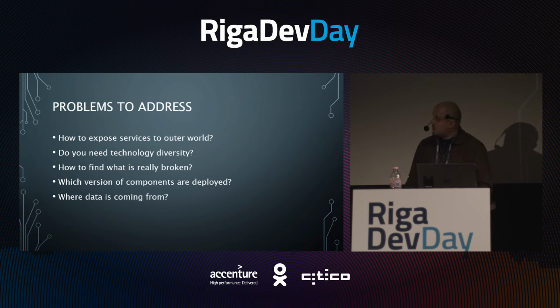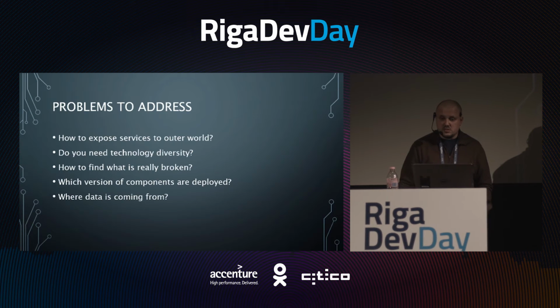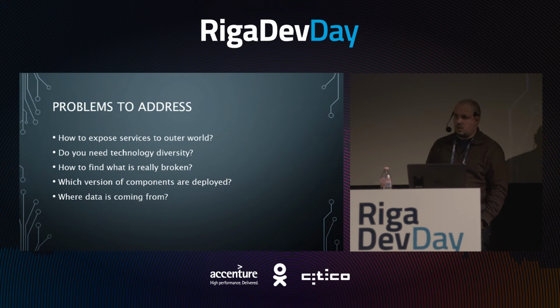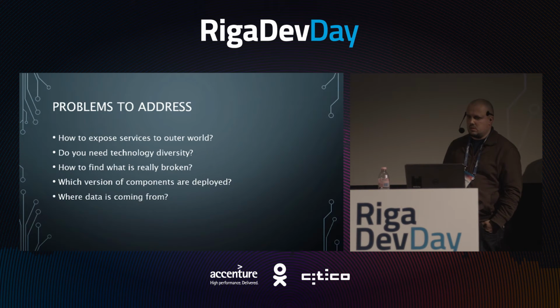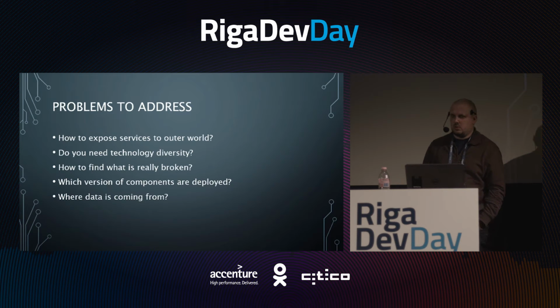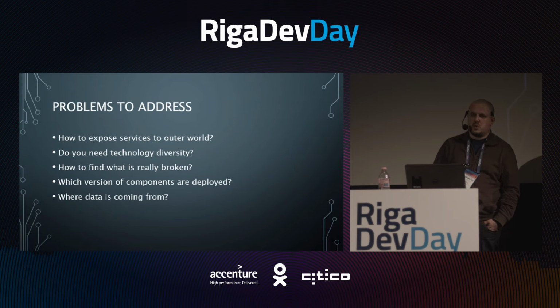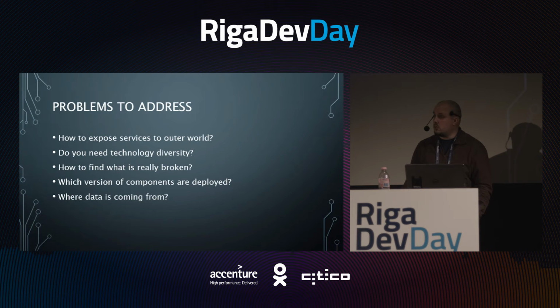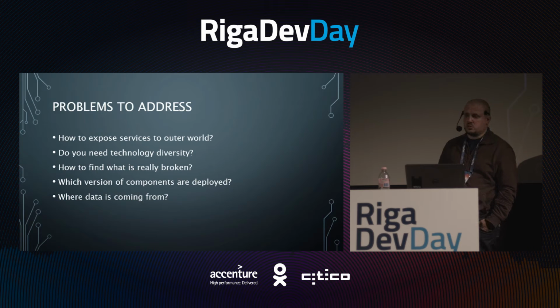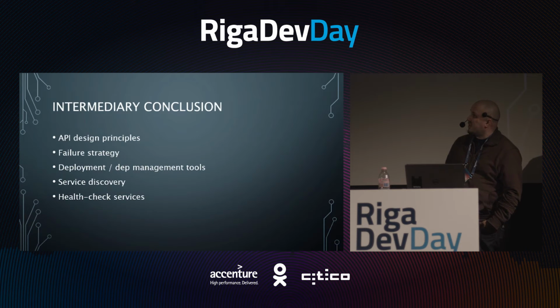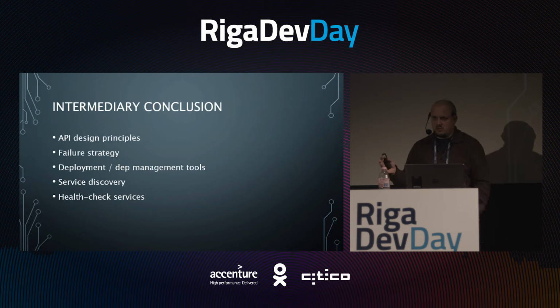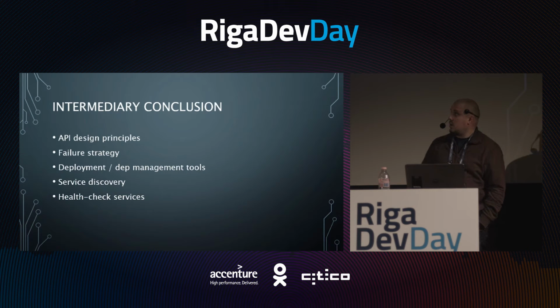So there are problems to address, and after thinking about those problems, after reading a lot of blogs over the last couple of years, there is a lot of material written about microservices in particular, and also a lot of good books about service-oriented architecture, I came to some conclusions. Probably it's not rocket science, it's not a breakthrough in the software development industry, it's just my experience which I'm sharing right now with you. And okay,